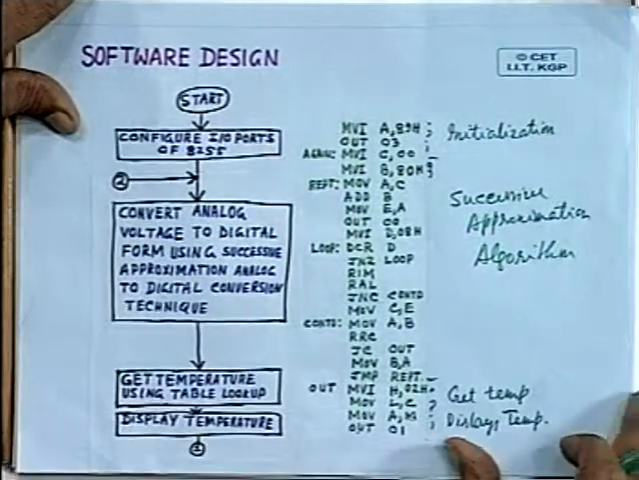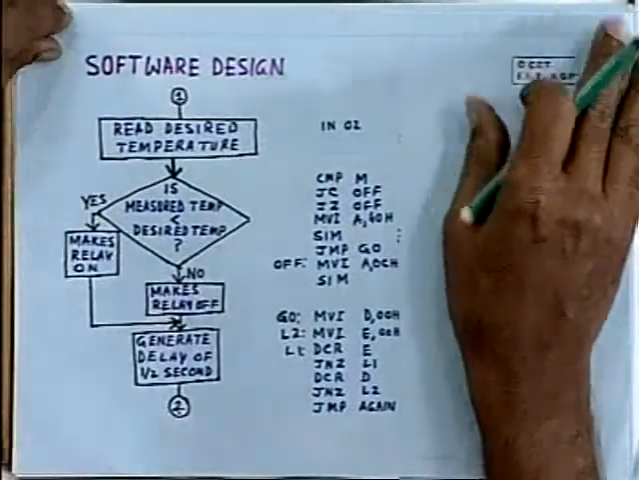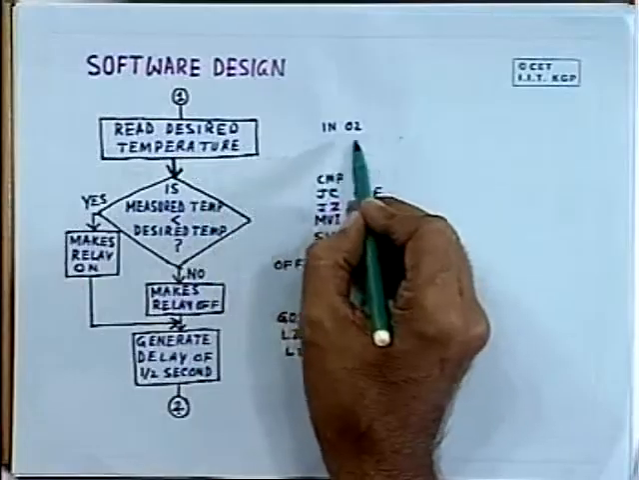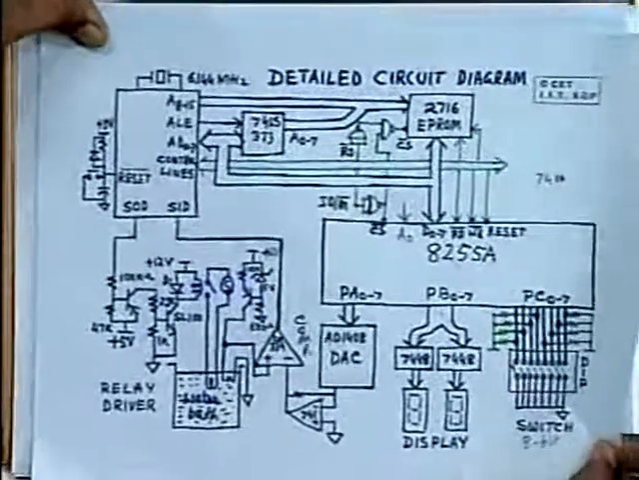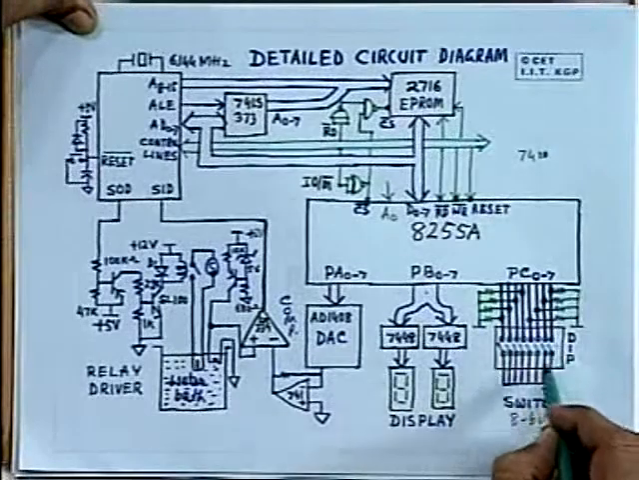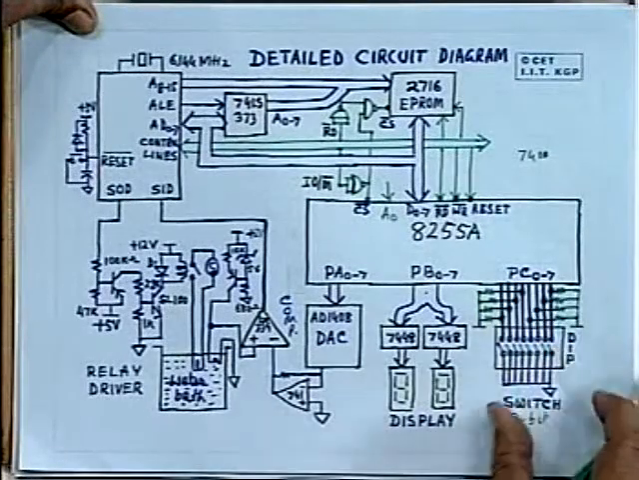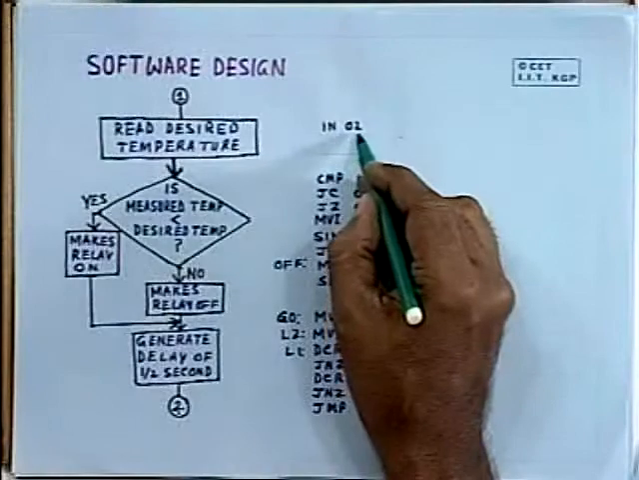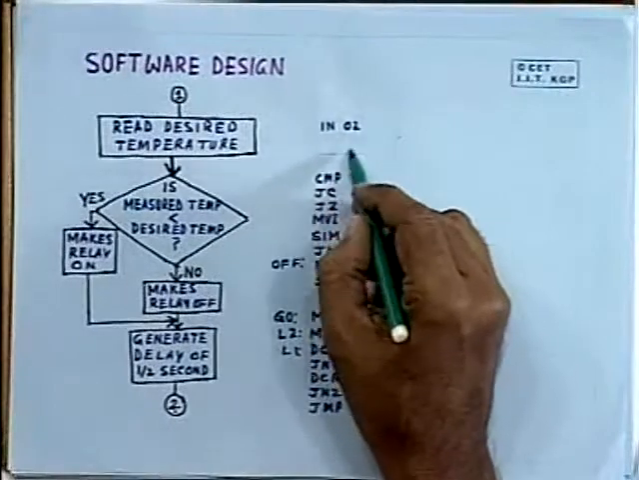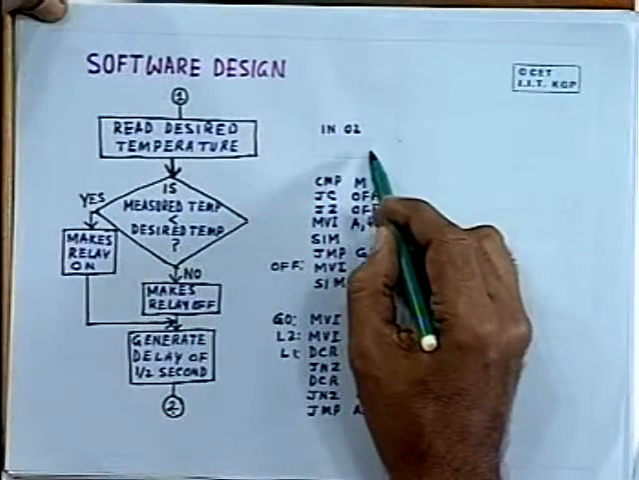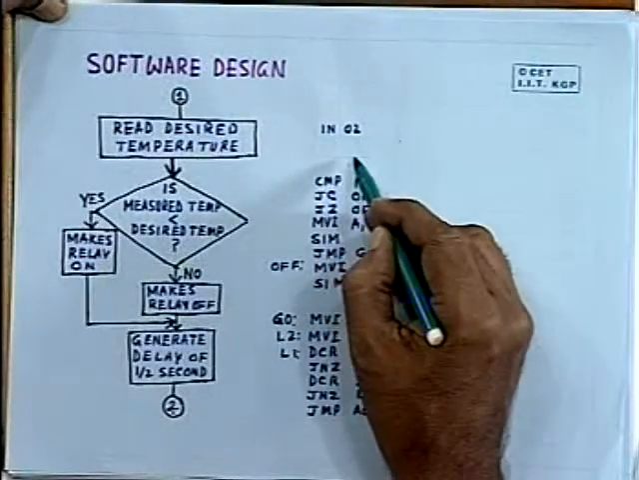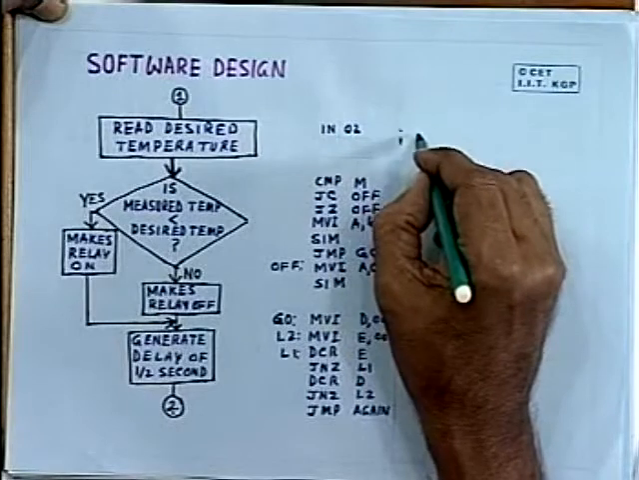So this part of the program displays the temperature. After that, you read the desired temperature. Since this is connected to port A, you can see here it is connected to port C. Port C address is 02. So you are reading the temperature that the user wants to get. So after getting the desired temperature,